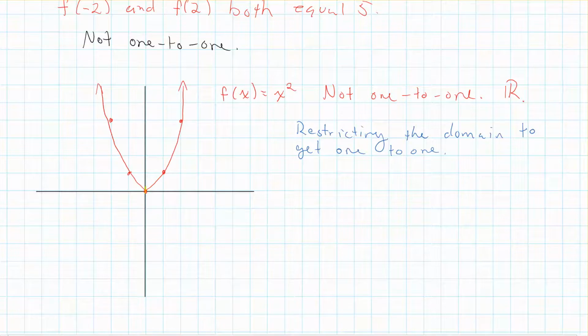Now, I'm going to highlight this right half portion of this. If I look at this highlighted right portion, now I clearly can see, if I attempt to draw what looks like a horizontal line on the red curve, of course, it's going to hit here and here. But if you're looking at the yellow highlight, it's only touching one point. Any horizontal line I draw is going to touch at most one point on the yellow highlighted portion. So what we could do is we could restrict